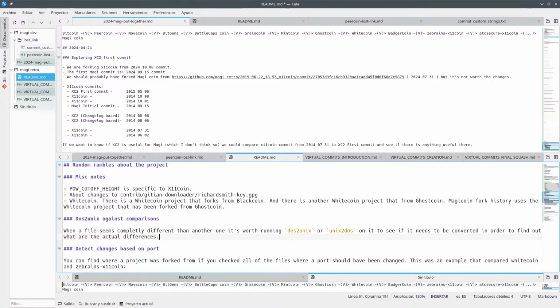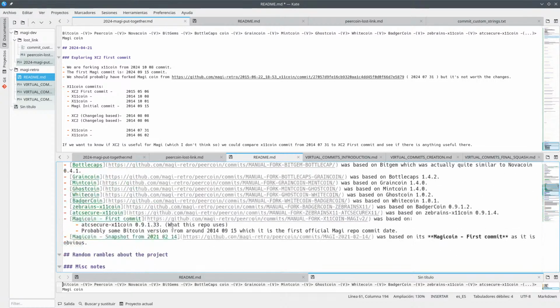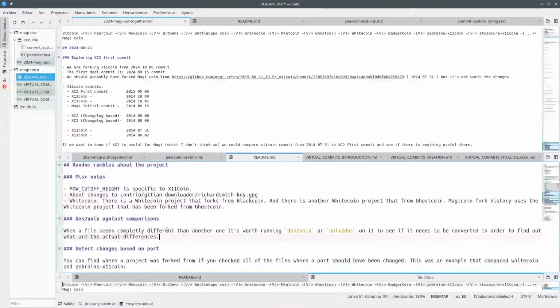Then, I need to see if it needs to be converted. Okay, then you've got